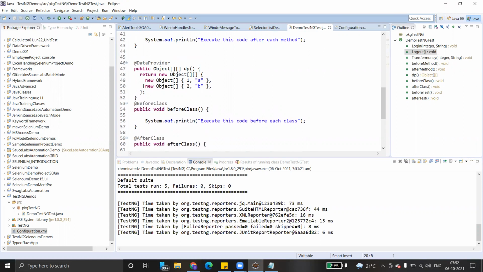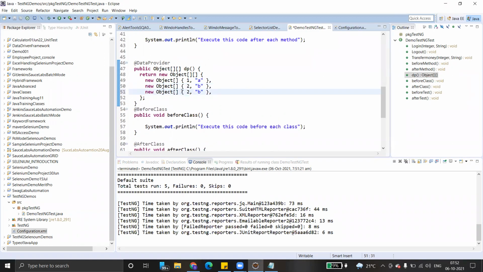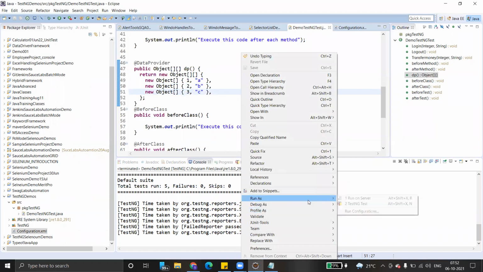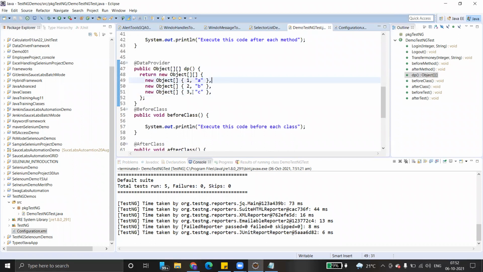If you create an additional record, Control C, Control V, 3, and C, Control S, then right click, run as. It will get executed thrice.